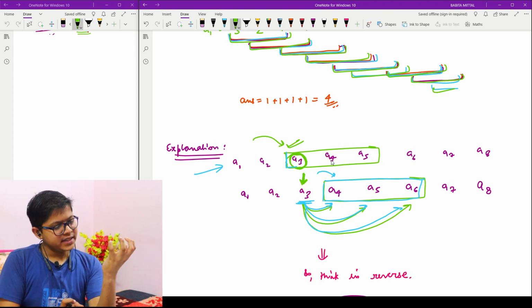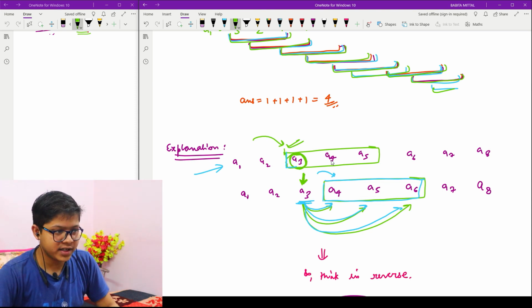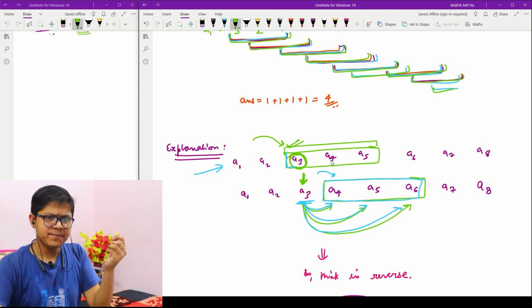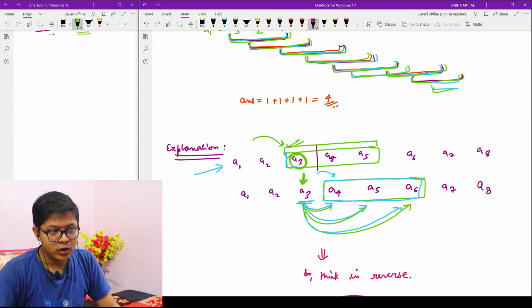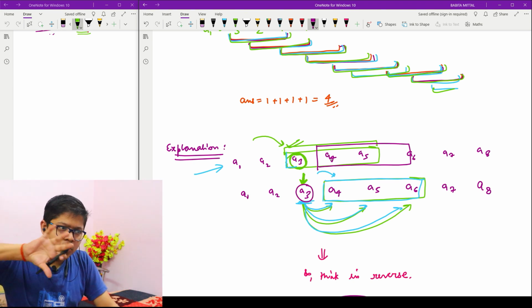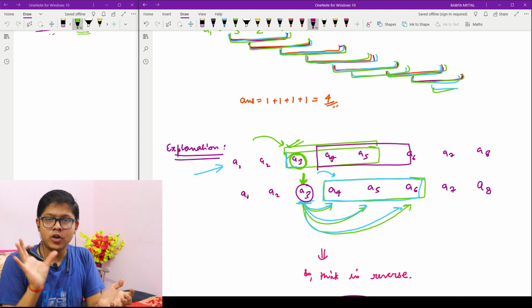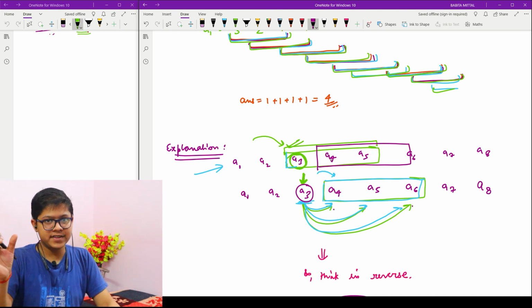Now if I have chosen A3, and my window was from here to here, then the next thing I will worry about is my next window, which is from here to here, which I showed below. That means the next window of size 3, from A4 to A6, which means A4, A5, A6.